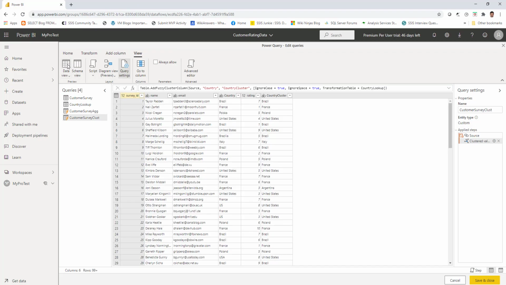So these are two very good, small but very useful enhancements that came in one of the latest releases of the Power Query window. And this is currently available only in the case of Power BI dataflows, and I hope at some point of time this will be available in our Power BI Desktop screens as well. So let's wait for that, and hopefully this should make all our lives much easier.